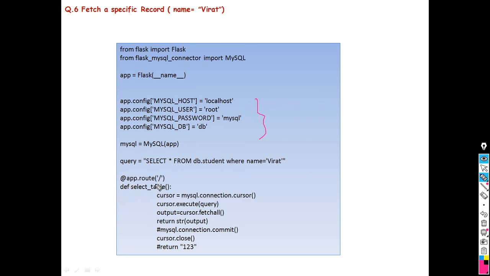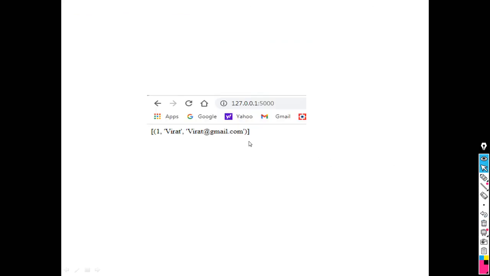Again, the same URL is there, function is there, cursor is there, cursor dot execute query. Again we want to put it on the screen, so output is equal to cursor dot fetchall and return str(output). When we execute this, it gives output like this.